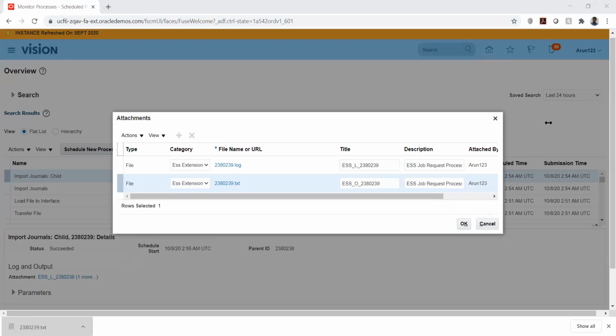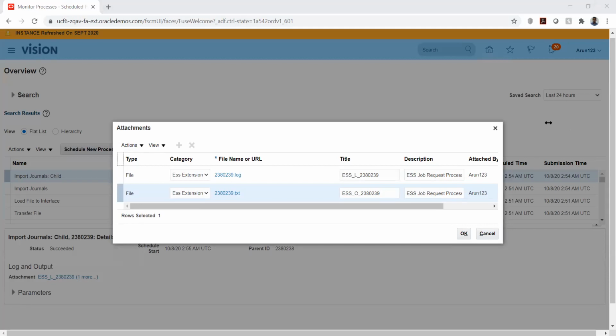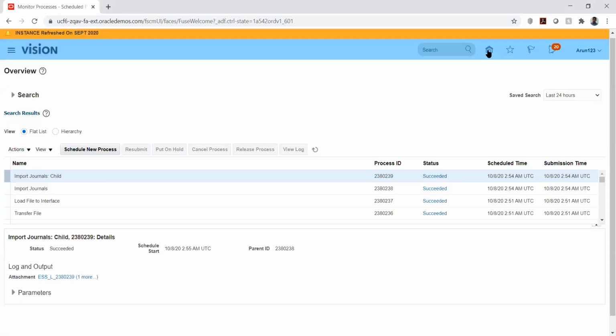So we can see from here the journal entry source is UHL, I mean the entry name that we have given, and we have two lines, and the lines are passed. So we can navigate to the GL journal.